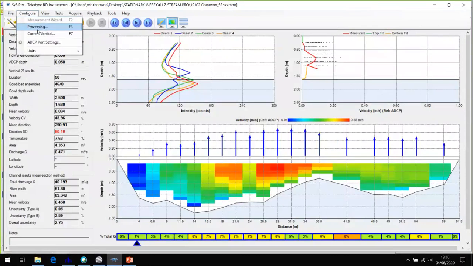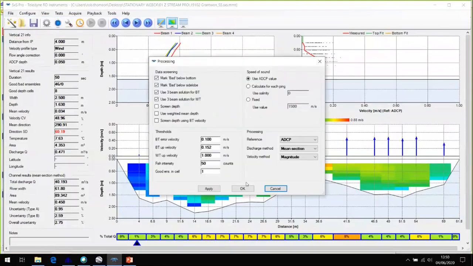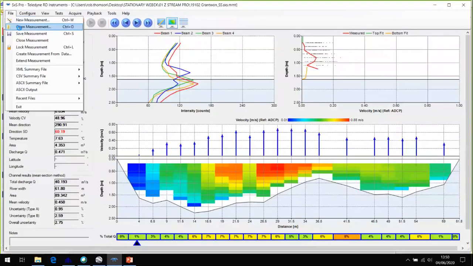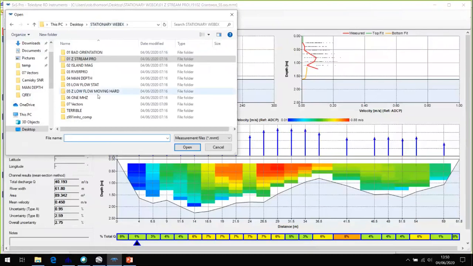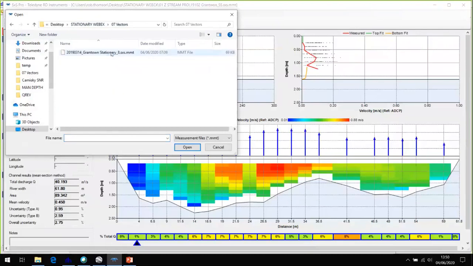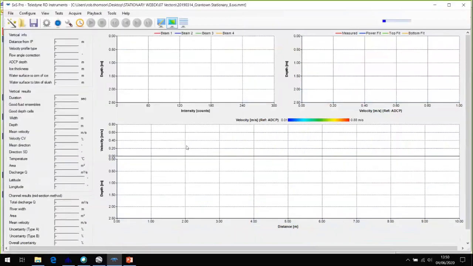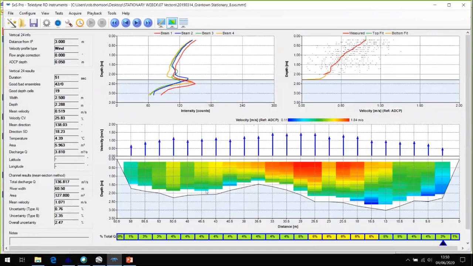Yeah, I might have to abandon this little topic. No, I can't find it. Open measurement. What were you looking for, Rob? Because I've got a few files on mine. What I'm looking for is sometimes you get a really